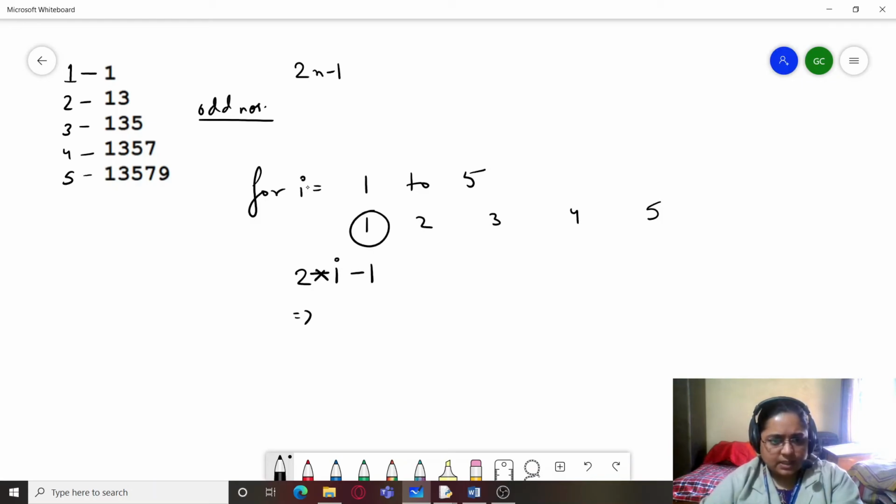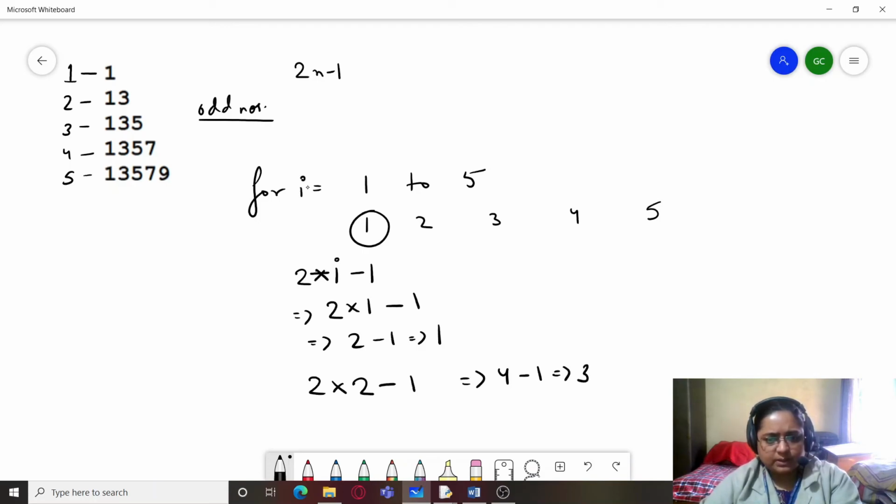Can we write it? Because 2 into 1 is 2, minus 1 will be equal to 1 only. So we get 1 over here. And if I write 2 into 2 minus 1, which is 4 minus 1, that will be equal to 3.